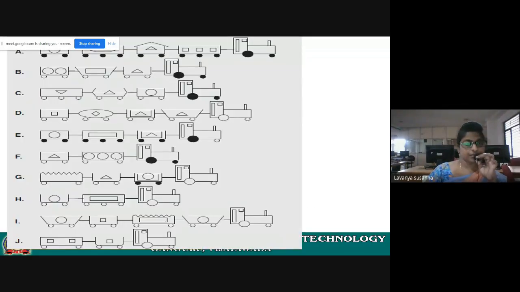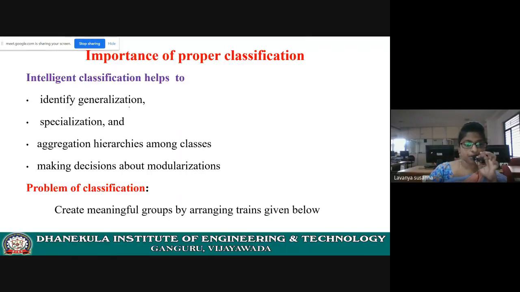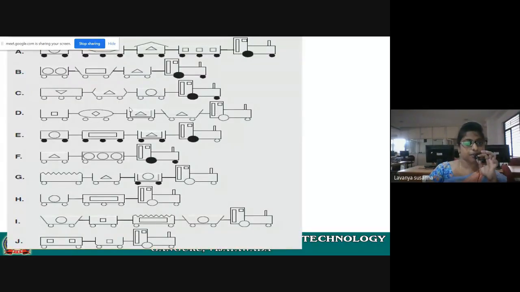You can classify this problem, right? You can easily classify these trains into groups, but when coming to a complex system, it's really hard. Why is it hard? Take this simple problem. See, no need to remember all these. According to the requirements, draw the diagram. If you want, you can draw the diagram, or you can take other examples also. That is your wish. But I took this example from your textbook. This is given in your textbook. That's why I have taken this problem.